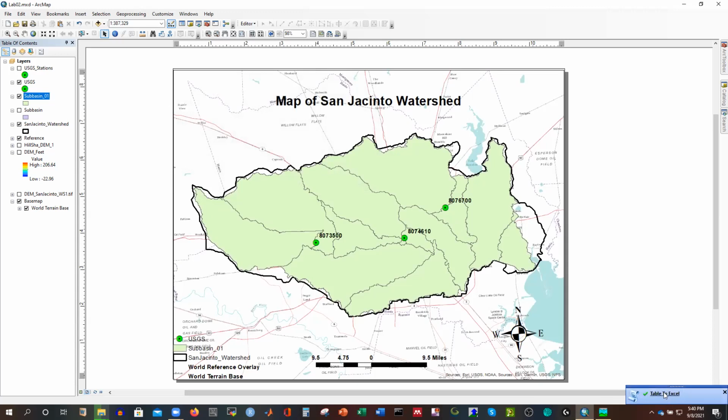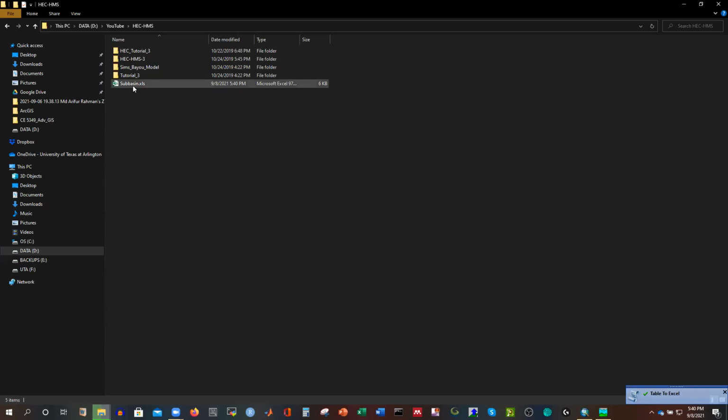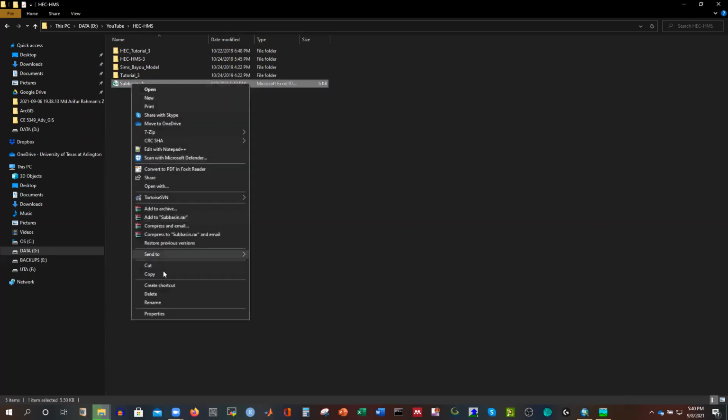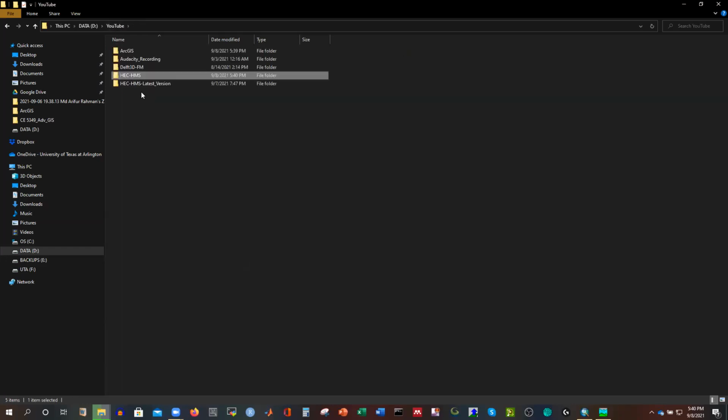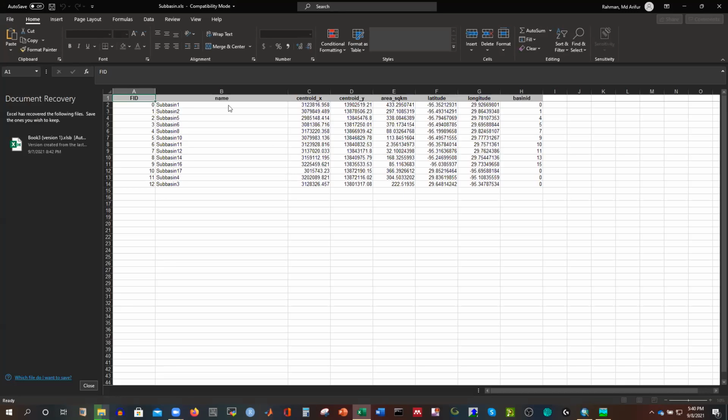So you can see the message in the lower right corner. If I now go to that directory, see it's there, subbasin. Keep in mind, I don't need that here. I have to cut it, and I have to go back to that latest version, because I'm saving everything there. That is the previous version. So if I open it, see, and it will show that